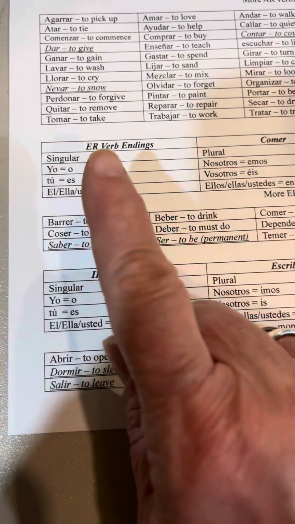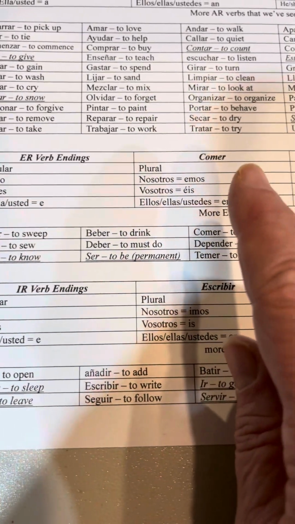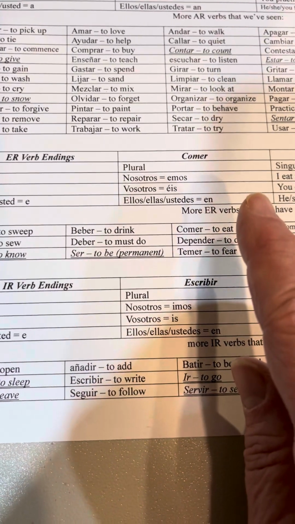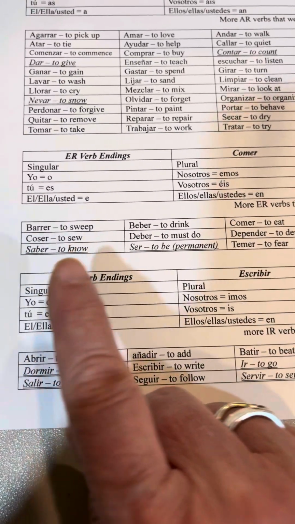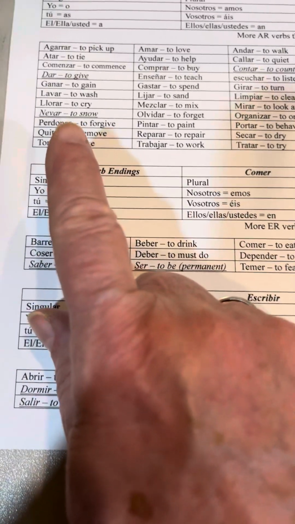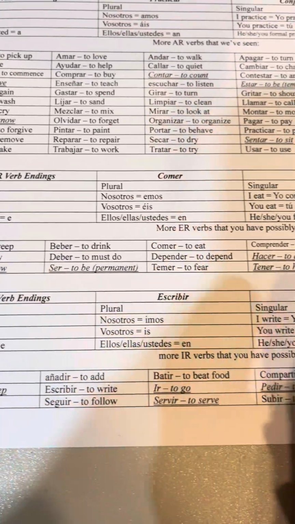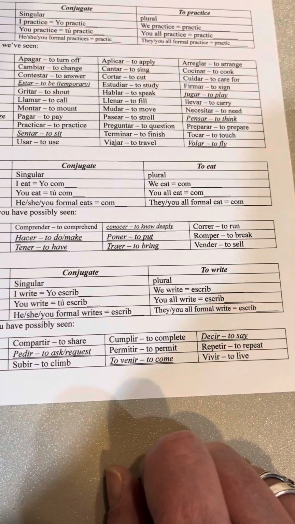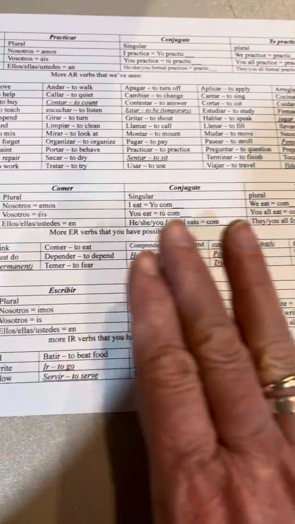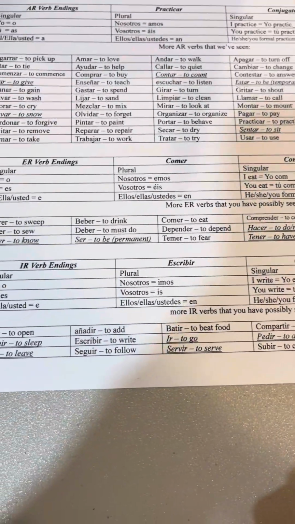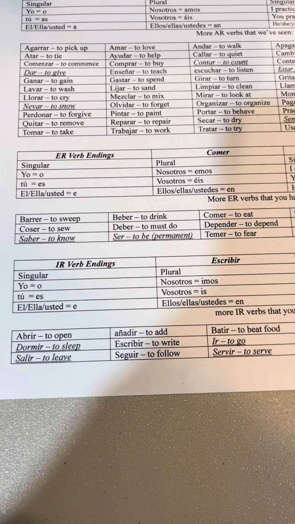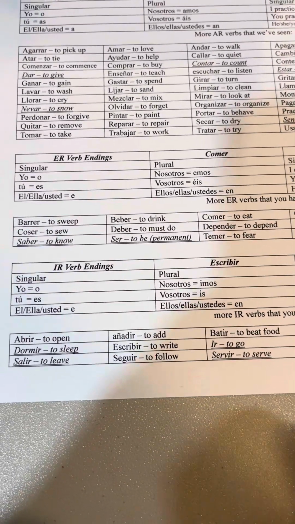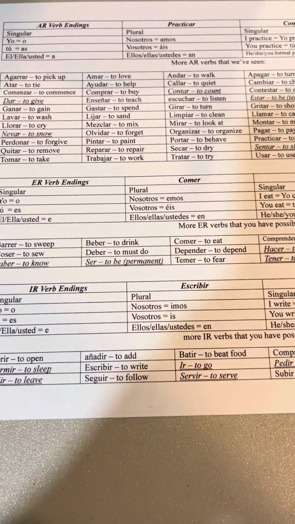And we can conjugate them. O, es, e, emos, és, en. Now you'll see some of them are italicized, in italics, underlined. That means they would be irregular verbs in their conjugation, and so we're not focusing on them. So when you practice this, unless you feel super confident in diving in at the deep end with the irregular verbs, stick to one of these that you would use, okay?